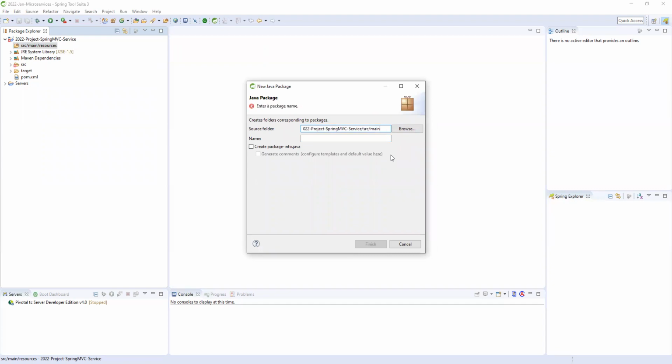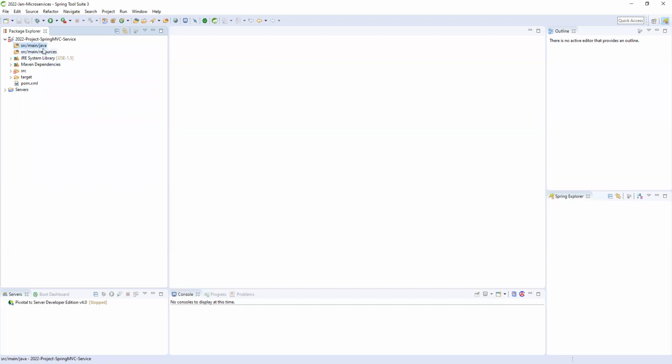I'm removing resources, and in main I'm creating a Java folder, because I want to see the Java folder here. Now it is coming. In Java we can write all our Java related classes.